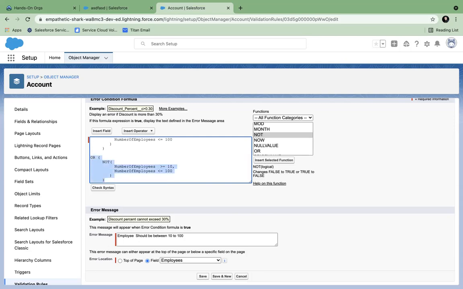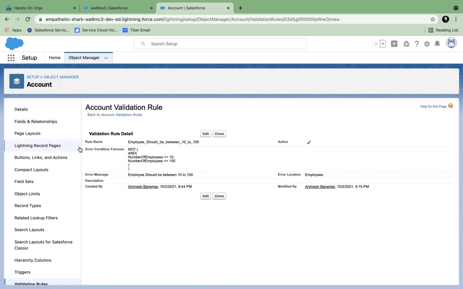Yes, fine. What is this condition? Not of this. Let's see the inner query. Inner query is saying number of employees greater than equal to 10 and number of employees less than equal to 100. So this is the allowed condition, right?